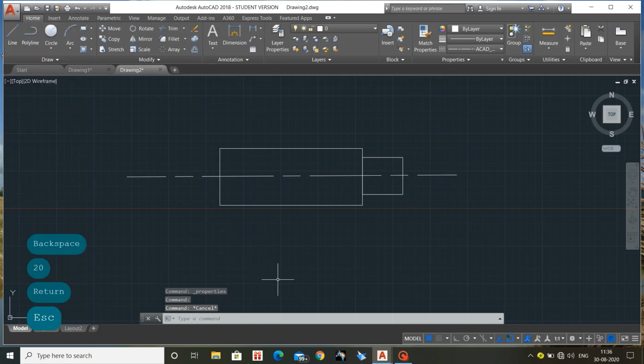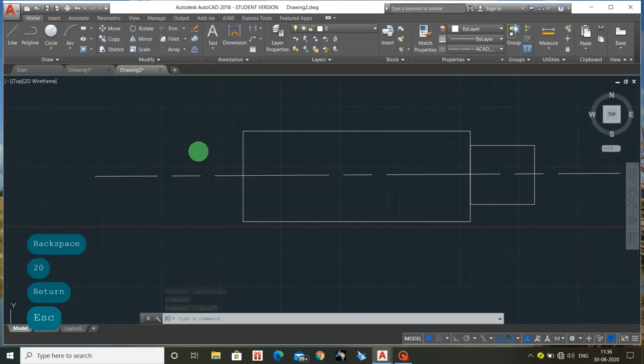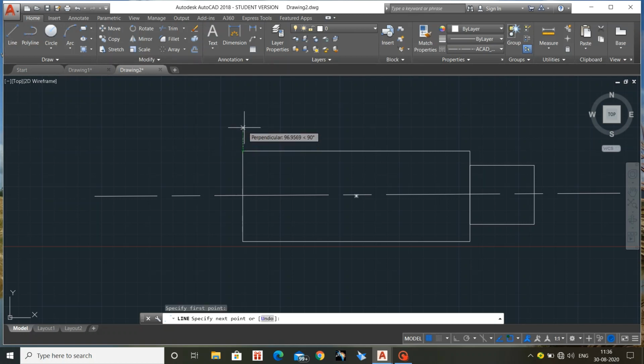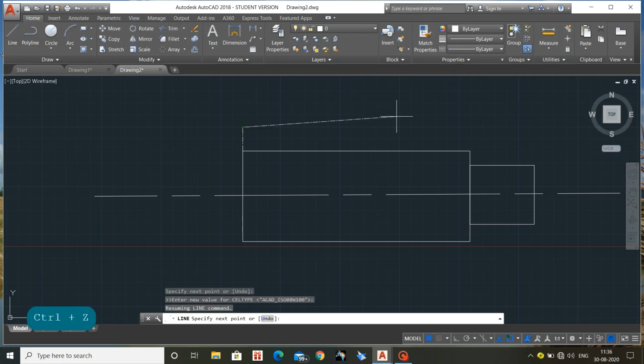So here, and now see, now I'm drawing this, extending this, so I need to change the line type. Okay, done.